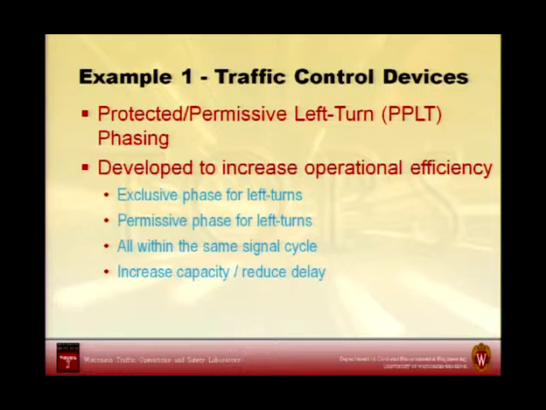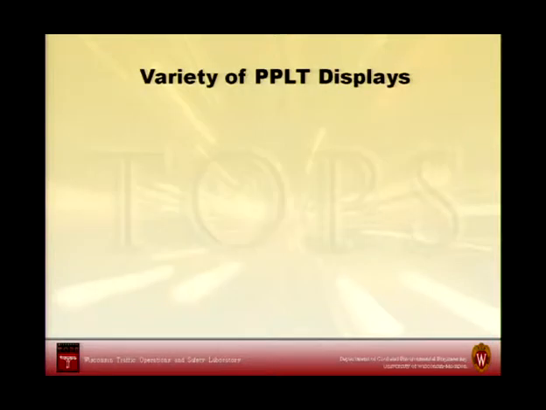And for those of you who may not be overly familiar with this type of traffic control, I summarize it by simply saying that protective permissive left turns is a situation where we have an exclusive phase for left turns, meaning a green arrow, right? And then a permissive phase within that same signal cycle. And it became popular a number of years ago as capacity and congestion issues became more of a problem. So finding ways to process more vehicles per cycle and providing these two left turn opportunities became a commonly used methodology to help us with that.